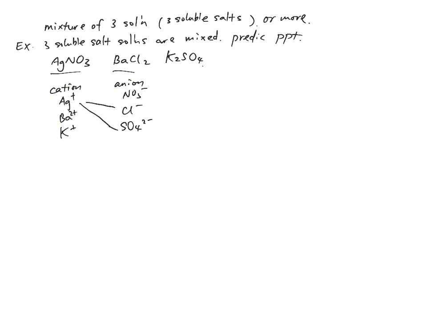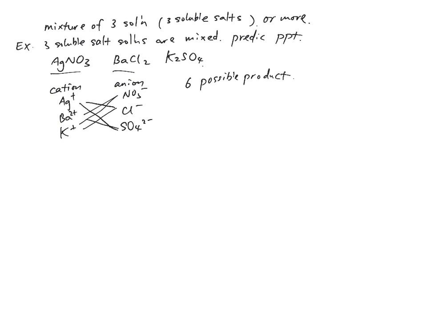Barium is originally with chloride. Now it can try with nitrate and sulfate. Potassium was originally with sulfate, but now it can try chloride and it can try nitrate. Okay, so a total of 6 different possible